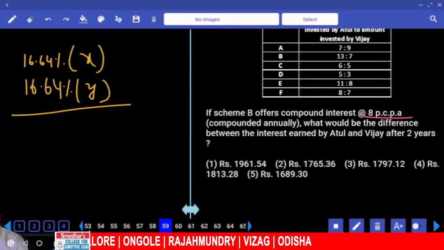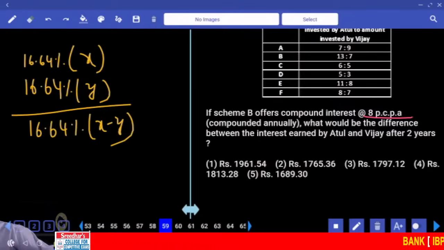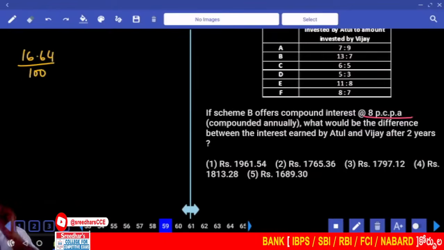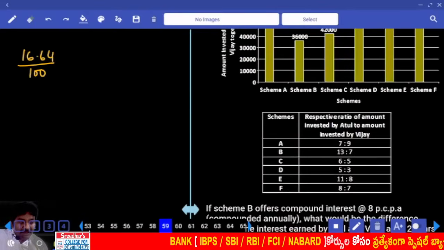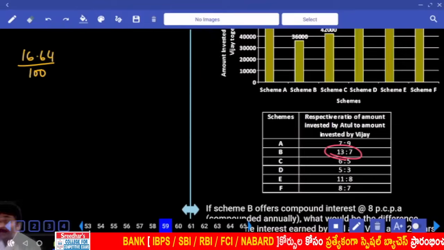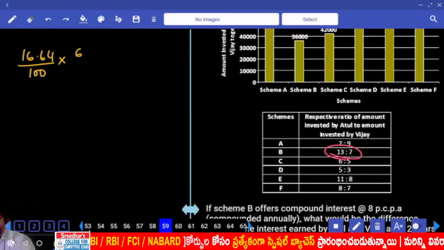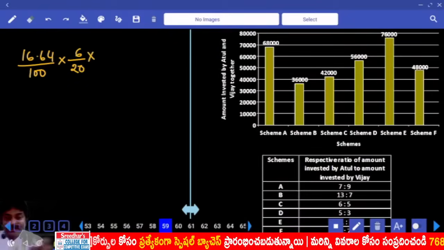We were asked to calculate the difference, that will be 16.64 percentage of x minus y, which is the difference of their investment. Right? 16.64 percentage symbol deleted by 100. Which scheme? In scheme B, total how many parts do we have? Total parts? Difference. So 6 out of 20 parts among total investment